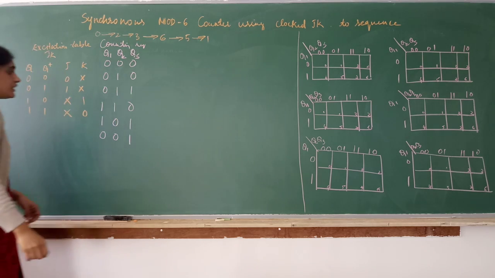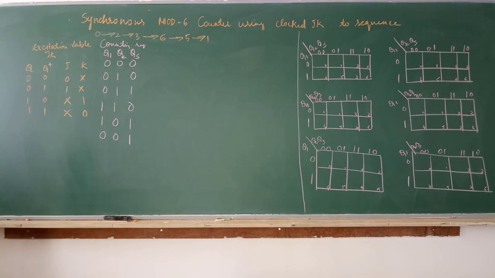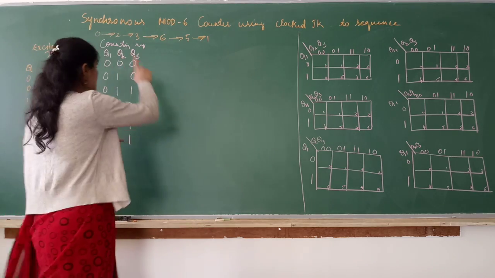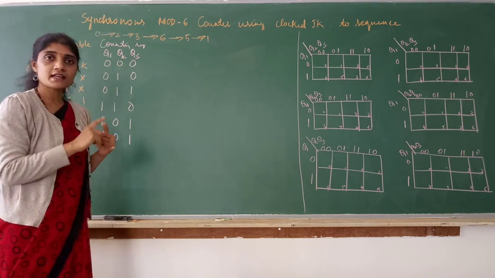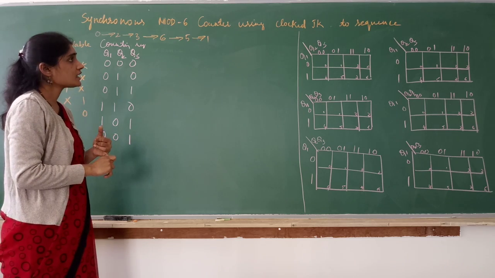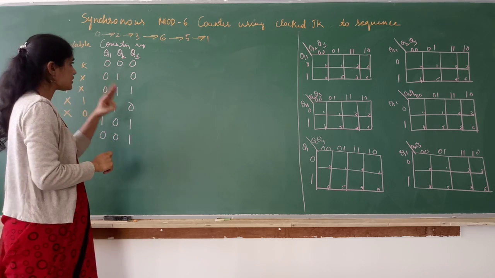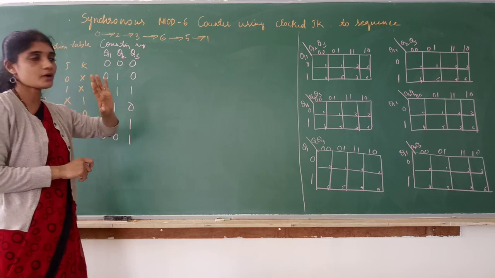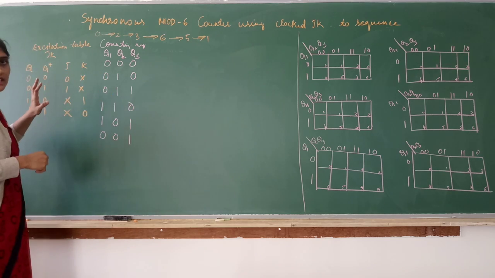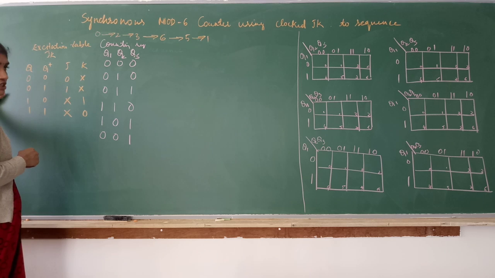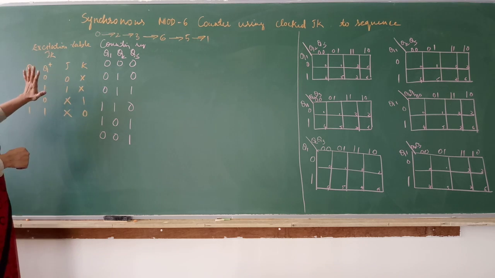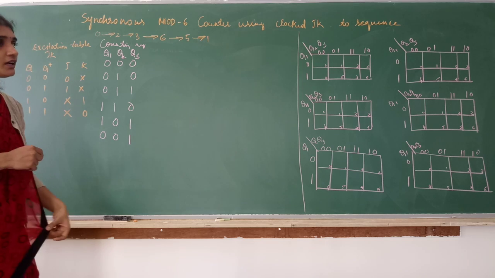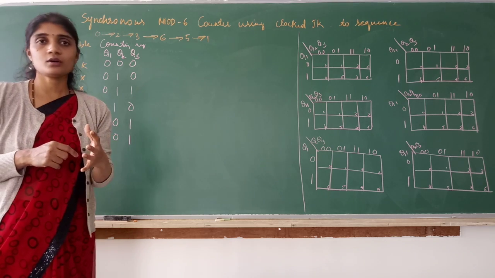So we have written the counting sequence. We know what flip-flop we are supposed to use, that is JK flip-flop. It is synchronous, so I am going to give the clock pulse directly to all the JK flip-flops, right? And how many flip-flops? 3 flip-flops. Q1, Q2, Q3 are the outputs of the 3 flip-flops. Since I am using JK flip-flop, I should keep the function table and excitation table of JK flip-flop ready. These are the basic things we have to keep ready before we start designing the counter.